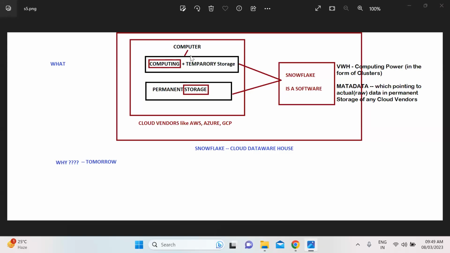So that's why we call Snowflake a cloud data warehouse, with a combination of